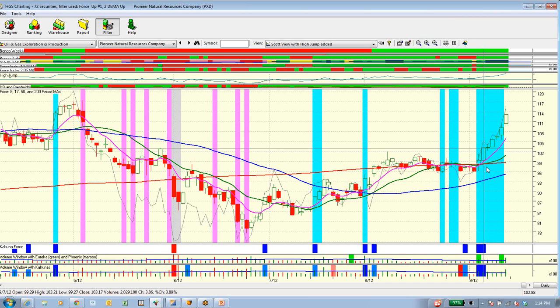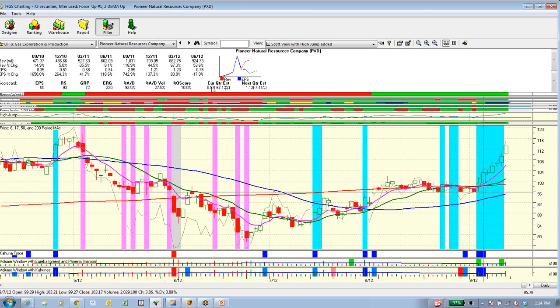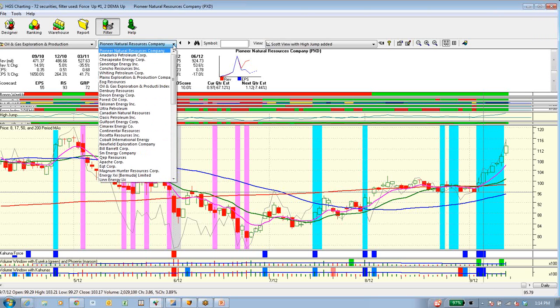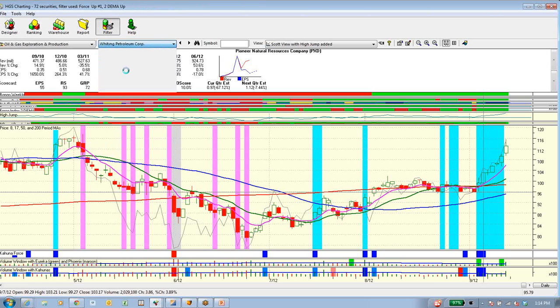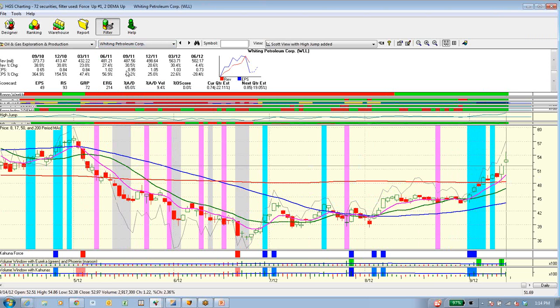We had a positive market for the week, certainly favoring this sector, and this was a stock that was breaking out and continues to break out. This whole sector has negative earnings growth, but a lot of interest coming into the sector. I'm trying to think of the other one that we looked at in this group, but this obviously is a very strong group. Now, I've been in this stock, and actually now I'm half in this stock.